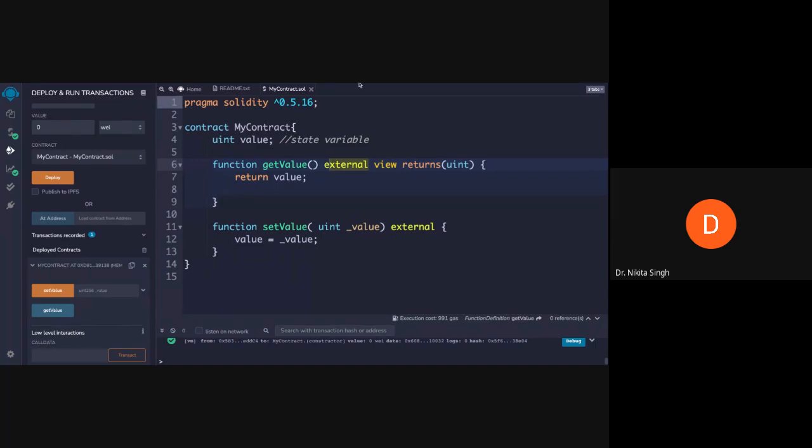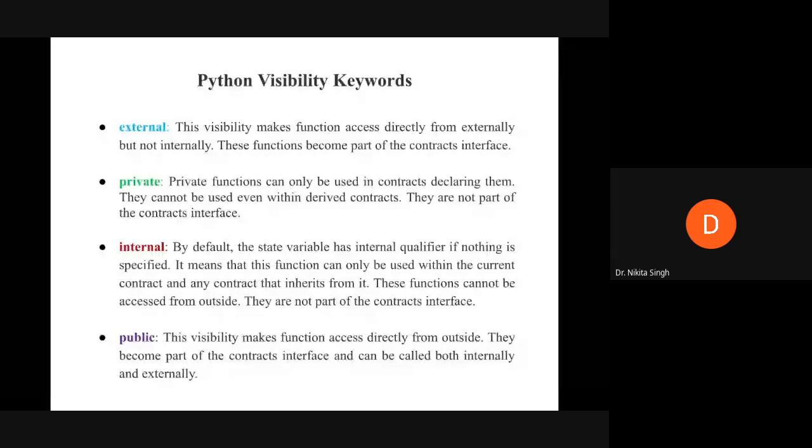So here you have all the visibility keywords that are available with Solidity. These are the visibility keywords that are available with your Solidity smart contract.